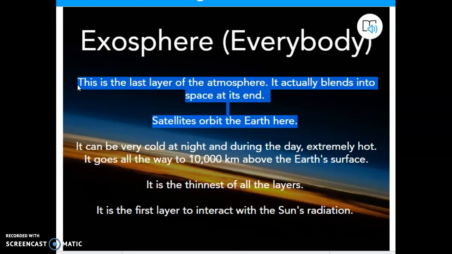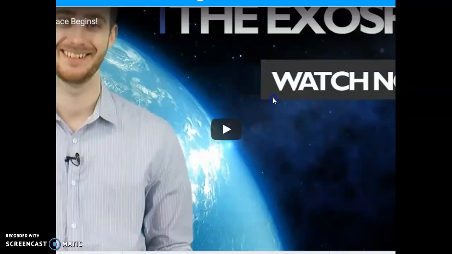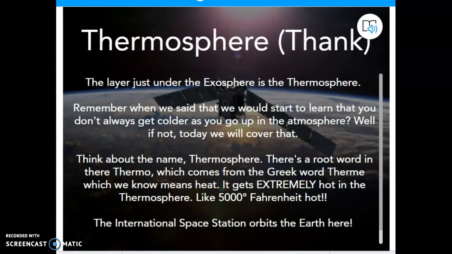So if you're thinking exosphere, you could probably be in the exosphere, and I'm not too sure you'd really be able to tell much difference between you and like outer space. But you might see some satellites orbiting here, and that's when you say, aha, I'm probably in the exosphere. So I'm not going to spend a lot of time on the exosphere. It doesn't show up a lot. You'll even watch some of the videos in here that some scientists don't even consider it one of the layers of the atmosphere, although most of the ones that I've looked at do, so we're going to keep it in our notes. There are some great videos that you need to watch on exosphere.